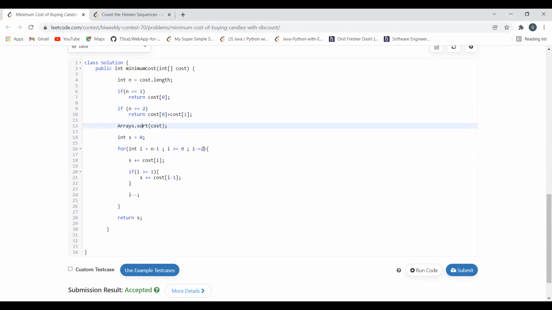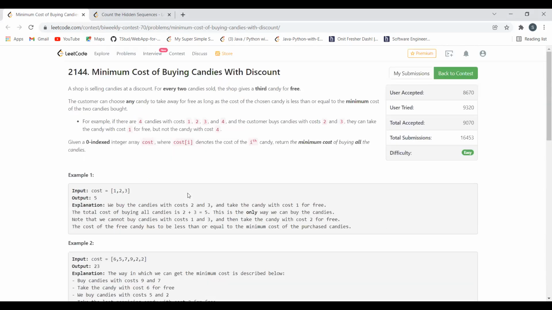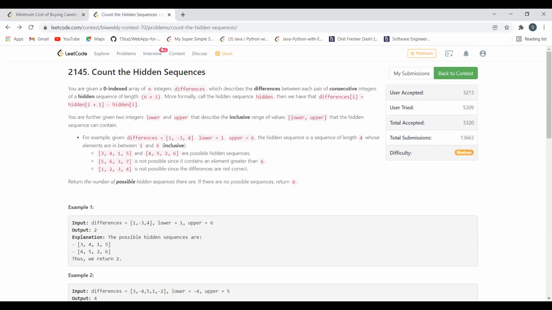So you can see here we are doing the reduction of I minus equal to 2, and here also we are doing I minus minus. The approach that we just discussed, we have just written the code for the same, and at the last we are returning the s, right? So I hope that you must have understood the approach and the code part as well. So let's jump to our next problem, right? So this was kind of mathematical based, we can say something like this. So let's understand the problem now.